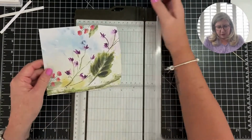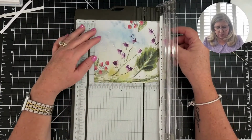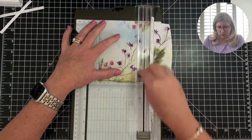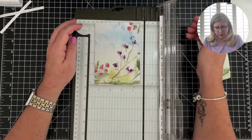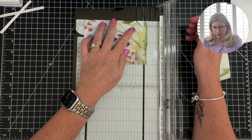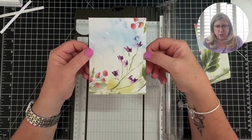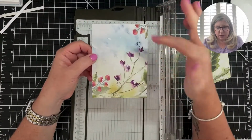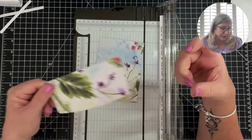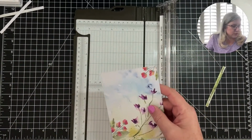I'm going to cut it to, let's see, we want it to be 4 by 5 1/4. So I'm going to do 4 inches here, like so. And then I'm going to cut off, let's see, I want to cut off the 1/4 off this end here, so that my panel is 4 by 5 1/4, and I have as much of the floral I kept in there as possible. I didn't use this for anything, but I saved it in case I want to use it for something later. So now this is our base, which fits onto,